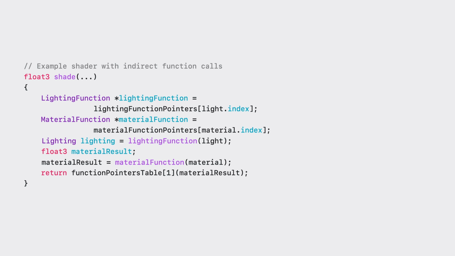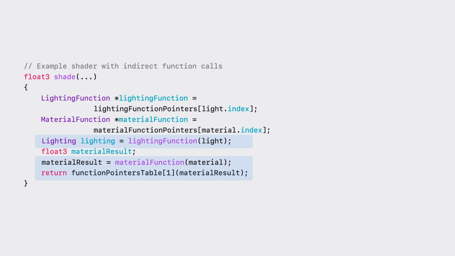For statically linked functions, you can use the Metal function groups feature, which lets Metal optimize a shader with indirect function calls. This shader invokes 3 different indirect functions, including calls through function pointers for lighting and a material. Metal can't optimize across these function pointer call sites because it has no visibility which functions the shader is calling.